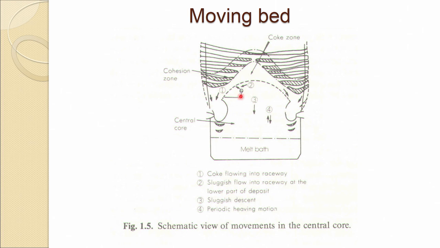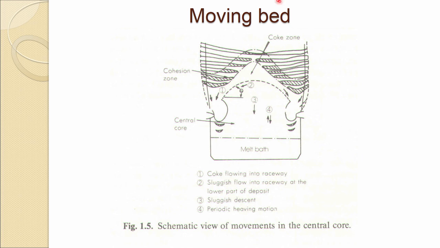And here the coke movement is almost nil or very little, and that is the reason this middle region is known as the dead man zone. Almost there is no coke movement here, or very little. So essentially, if you look at it in one way, the whole burden is descending down up to here. So, this is not any stationary bed, it is a moving bed,